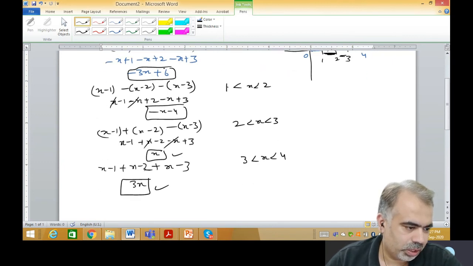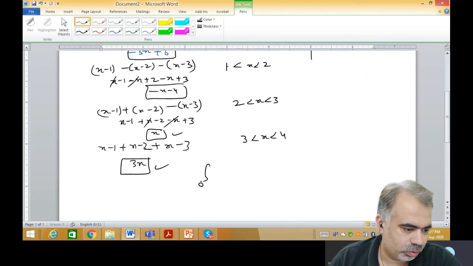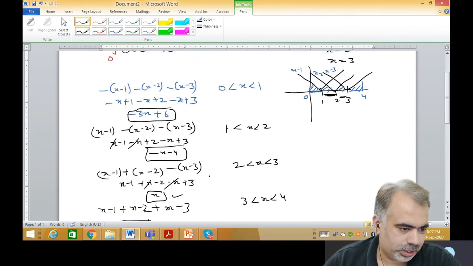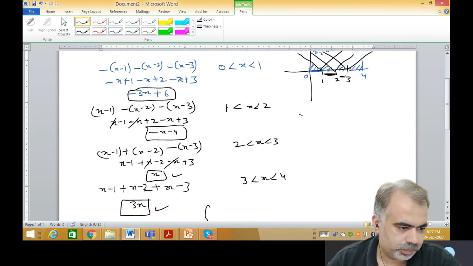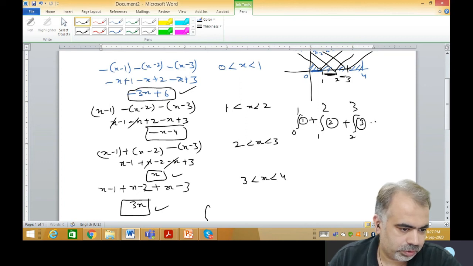You simply have to take 0 to 1. Okay, I'll write here so that you can see it clearly. I am writing it here. You have to take 0 to 1, this function, the first one, then 1 to 2, the second function, 2 to 3, the third function, and similarly from 3 to 4, the fourth function. This is first, second, third, fourth. You have to take it here and do the integration. I hope you understand this question.